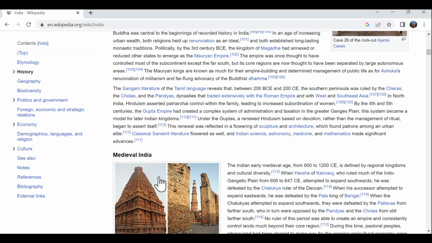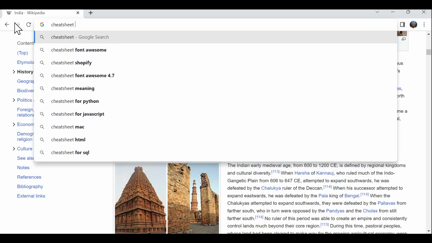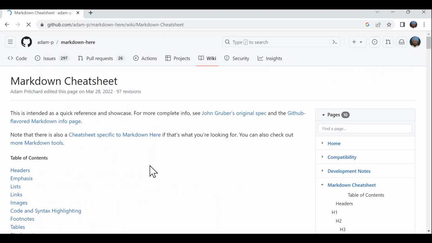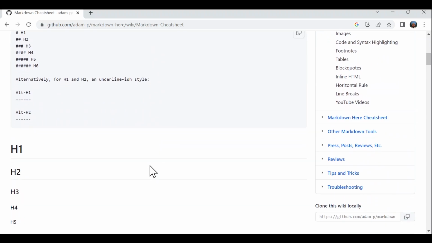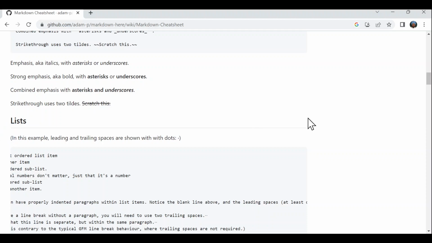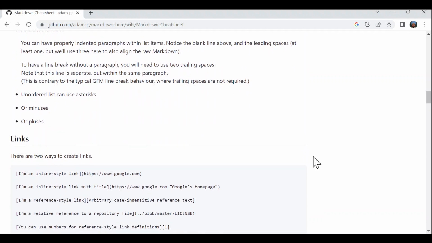If some requirement arises, then you can search for a Markdown GitHub cheat sheet, and you get this. So I suggest just go through this once. Just go through, and whatever requirement you have, search on the internet, you will get it, and then you can find how to use that from this. Just copy paste, change values, whatever you want to do, and that's how you can deliver things